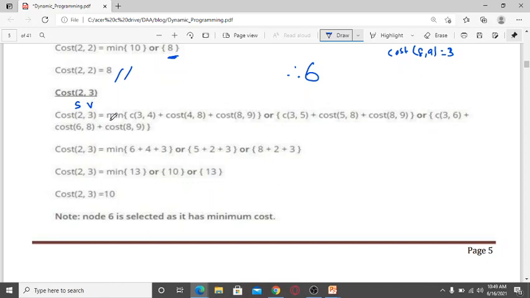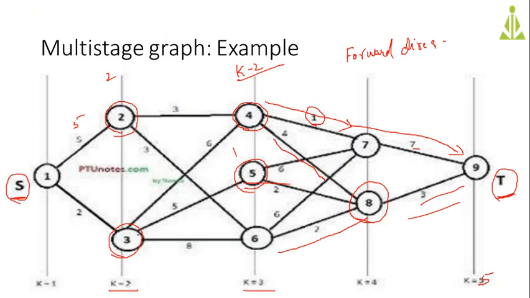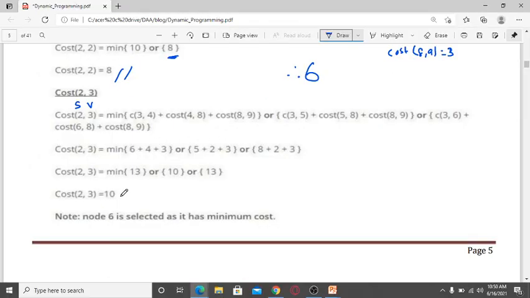Okay, with the help of formula you can say I comma k. Minimum T of 3 comma 4. 3 comma 4. What is 3? From 3 it's going to 4, from 3 it's going to 5, from 3 it's going to 6. So from 3 going to 4 the total cost is 6. So here first 3 comma 4, okay, then afterwards